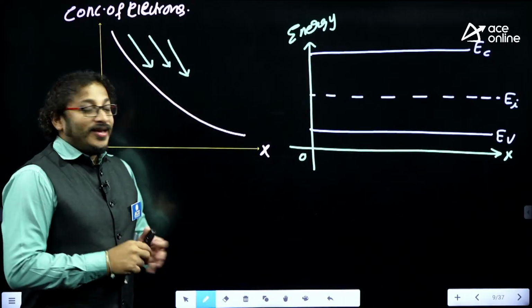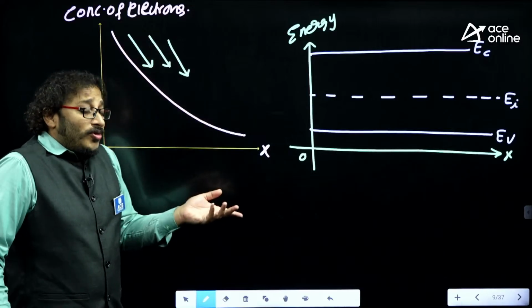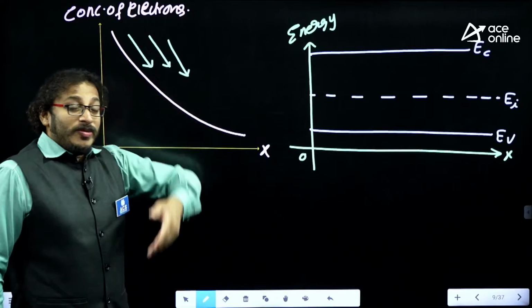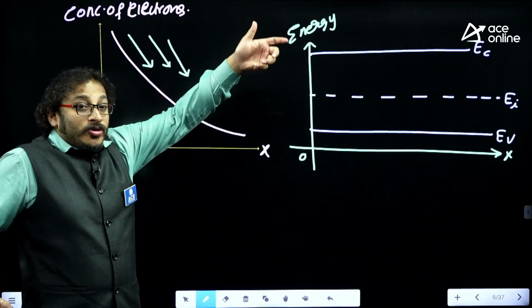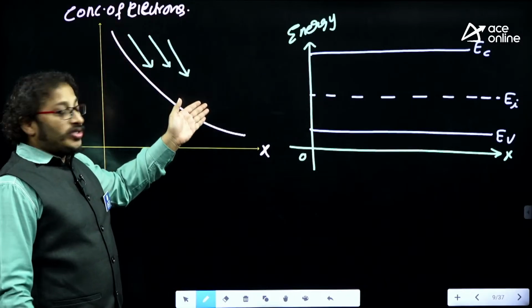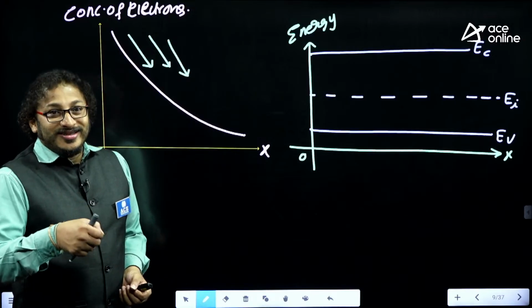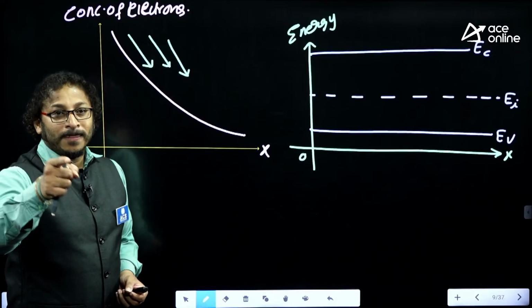But electrons are having high energy in the left side. Why? It is getting diffused from high concentration to low concentration. What do you mean by that? On the left side, the electron is experiencing some sort of high potential or high energy. High energy is at the left side, and moving towards the right side, energy is getting dissipated. So the net energy acting on the electron, who is going to represent it, guys? Yes, you're right, Fermi energy. And moreover,